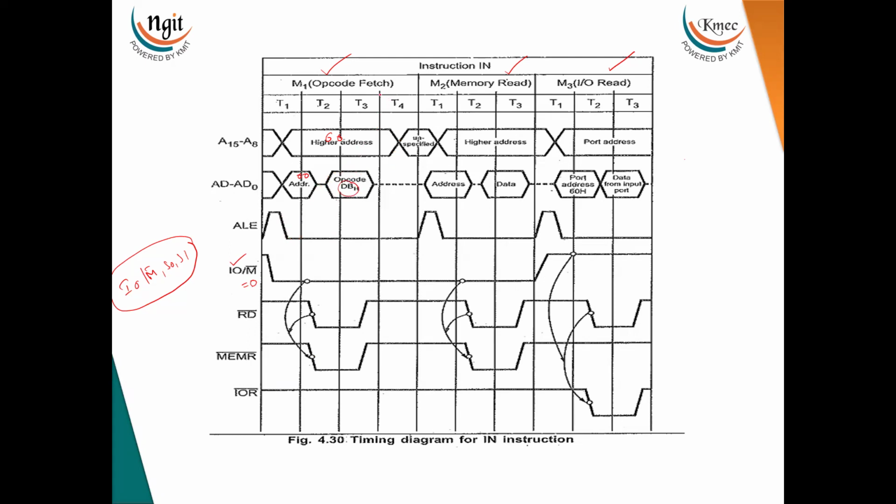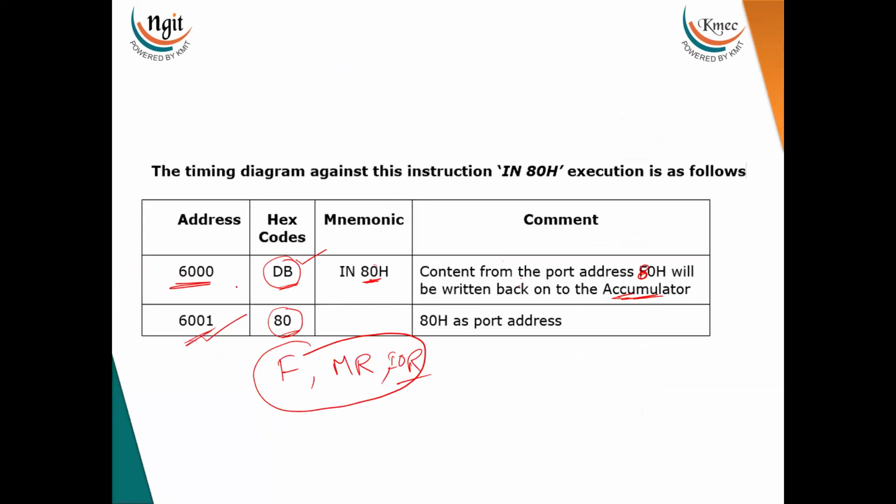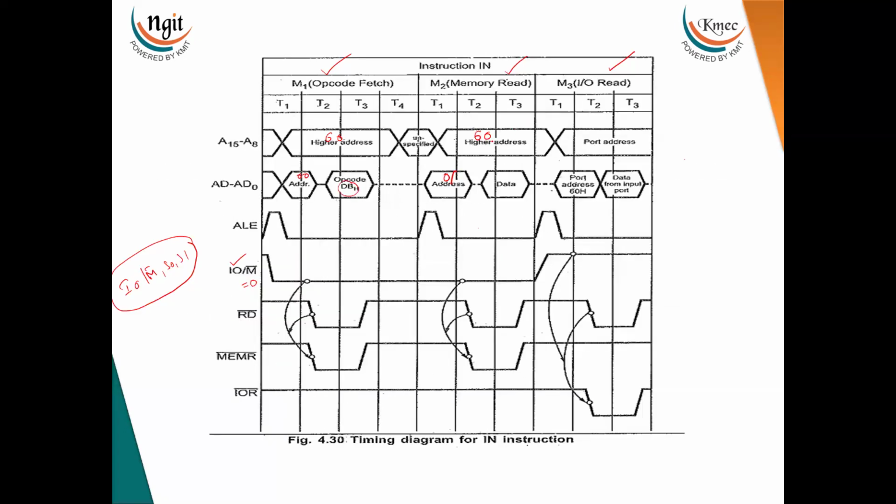This happened in the first machine cycle, and in the second machine cycle, internal operations will take place. Nothing but decoding is taking place. After opcode fetching and decoding is done, the microprocessor understands that it has to read the port address in the next location. 60 is the higher byte and 01 is the lower. In this location the port address is there. So that's why it is keeping